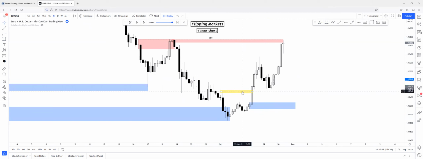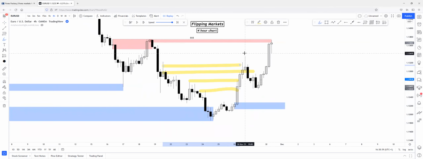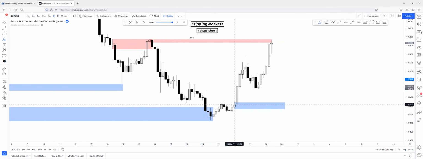As you can see, it caused a huge inefficient push to the upside, change of character here, here, here. So basically change of character everywhere. So this will be a valid demand zone. After this supply has been tapped and the 15-minute change of character happened, we can target this demand zone right